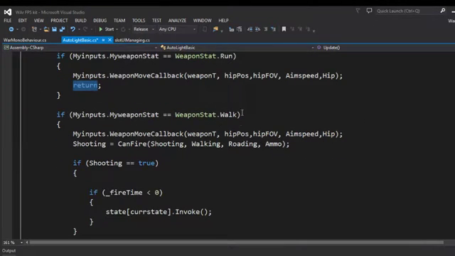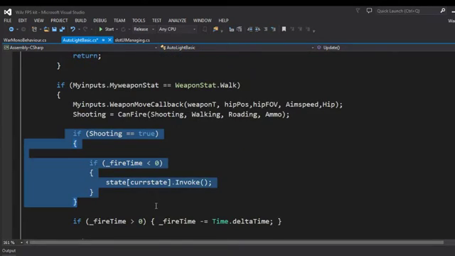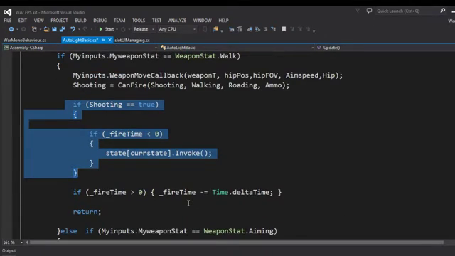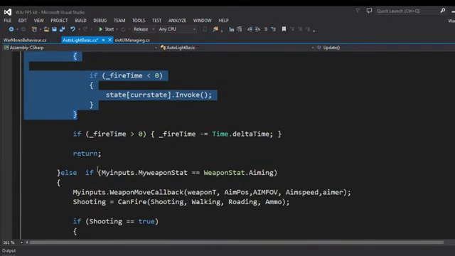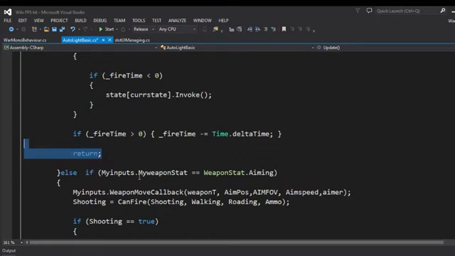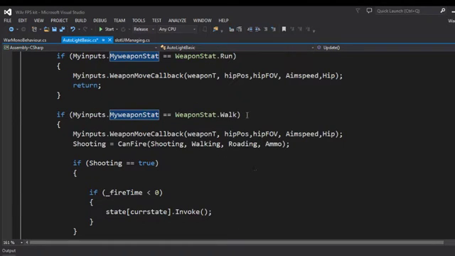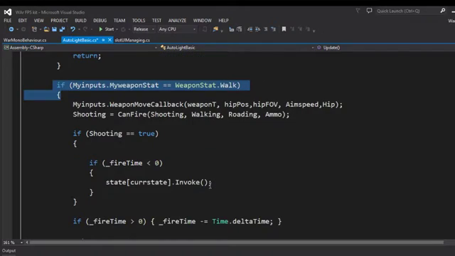If we're walking, then we need the shooting logic to work, right? I mean, that's how it works. And then I have it return, because we don't need to evaluate if we're aiming, because it's already done all its stuff right there. We're not aiming or anything like that. It evaluates because weapon state dot walking,